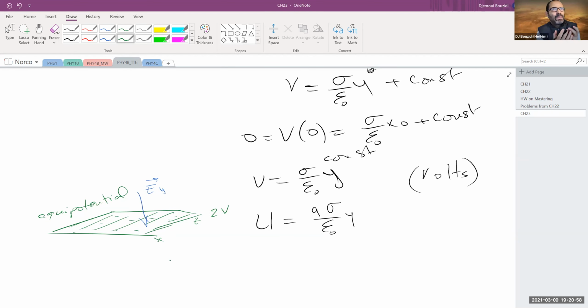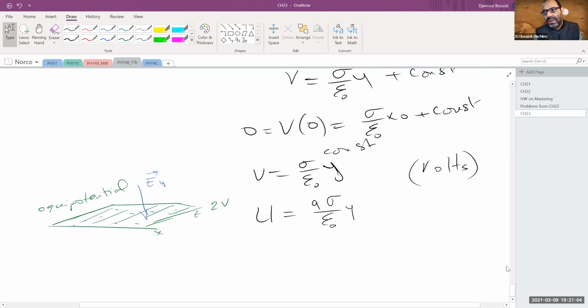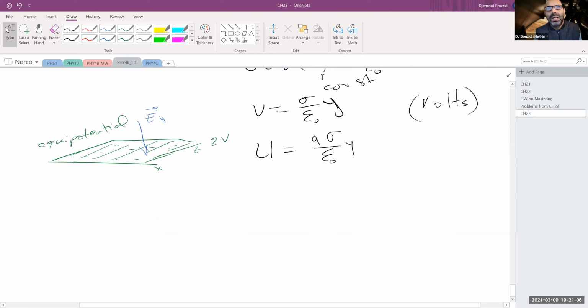Is this true only for the case of these parallel plates, or is it true all the time? Let's try to answer that question. Is this unique to parallel surfaces? So how are